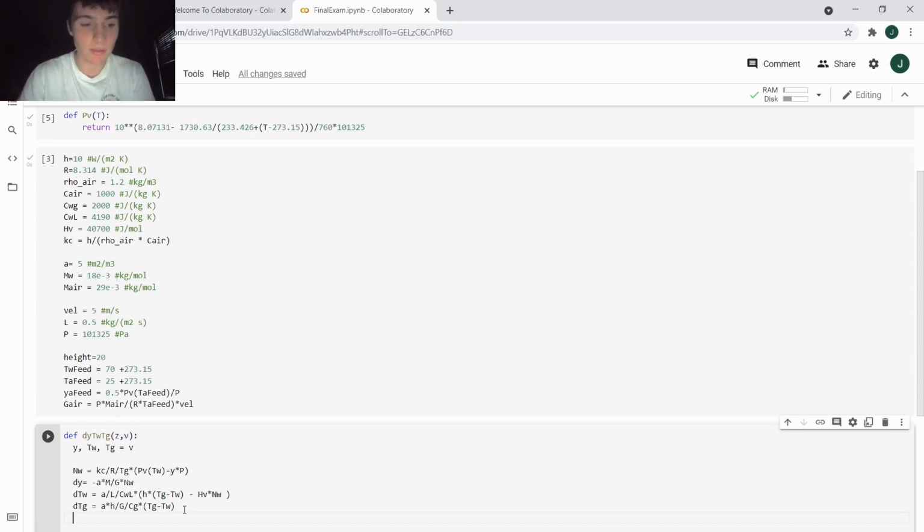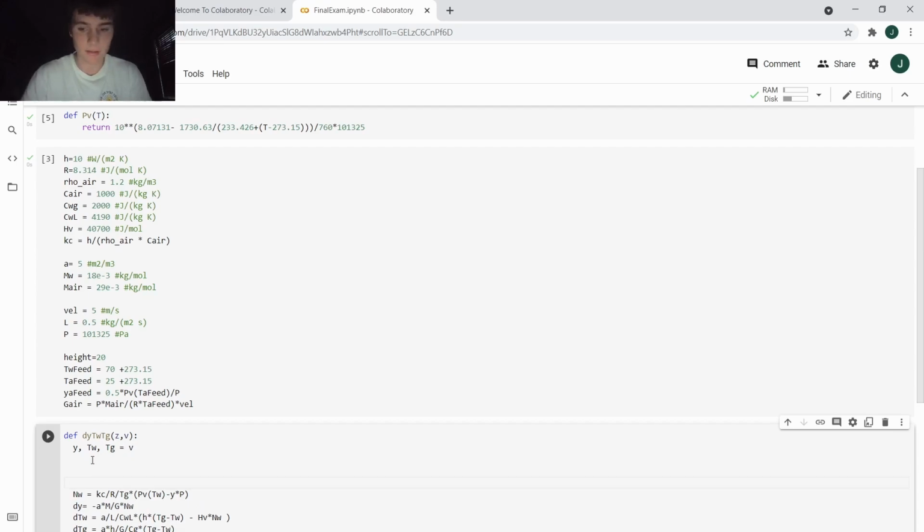So we just want this function to return dy dtw and dtg. But the problem is that the way I wrote this down, there are some things that are not defined. So what is not defined? This m here in the dy equation, that is the average molecular weight of